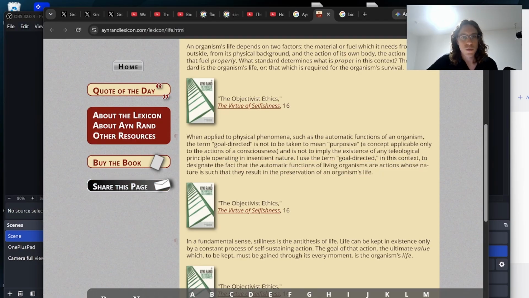Okay, so here she explained what she means by goal-directed. It doesn't mean that it's actually teleological, that it actually has a purpose, or, I guess, that the organism had a choice. Yeah, this is not very clear. But I think this is very important